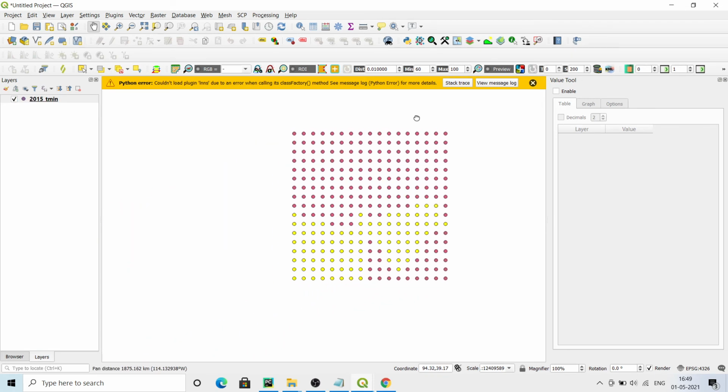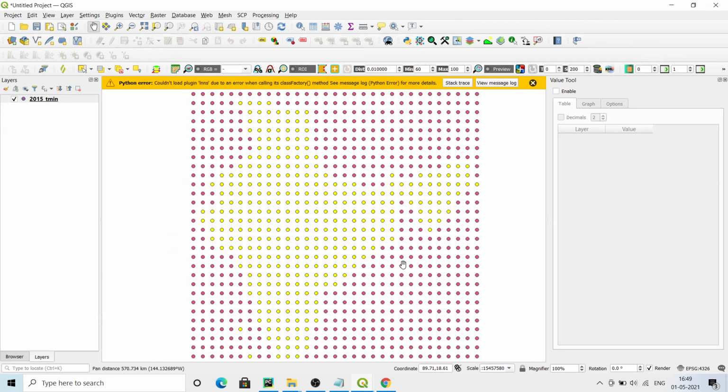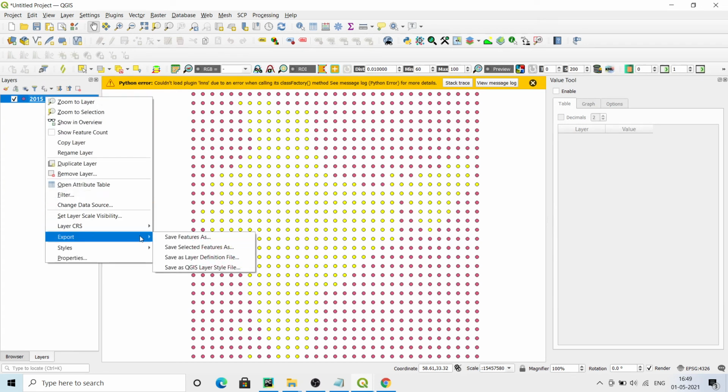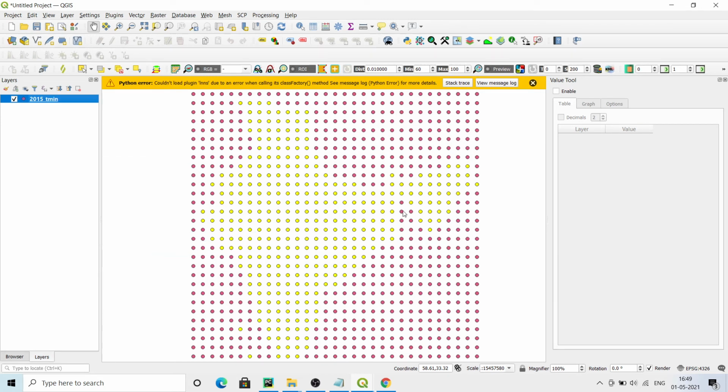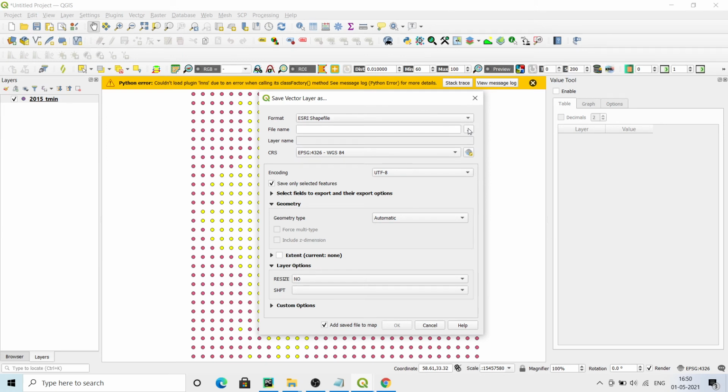So as you can see here, the yellow ones are selected. This is the data you are having, and outside this, the pink one is no data. So that's how you can see this. These much are no data. After that, you can export this selected feature, or save feature. All the features or selected features you can save into a shapefile or anything. There is an option of shapefile, a lot of formats are there. So I will save this as a shapefile.